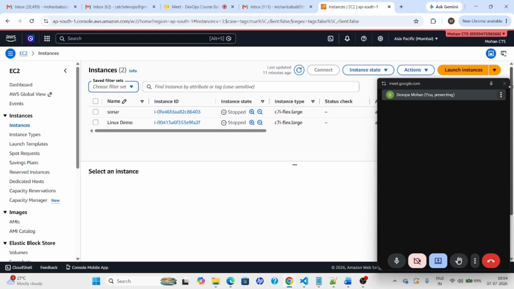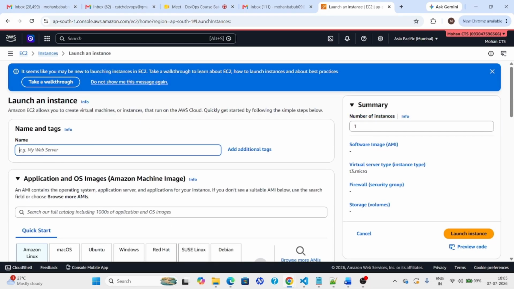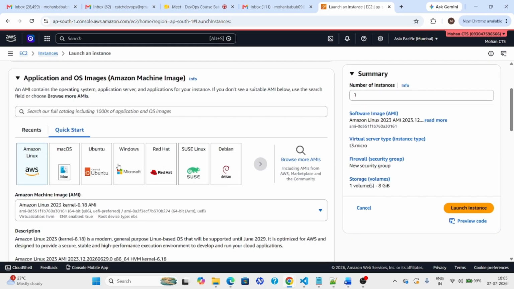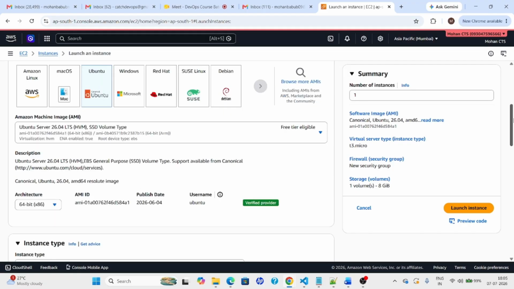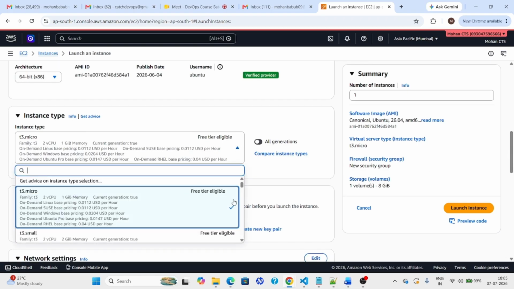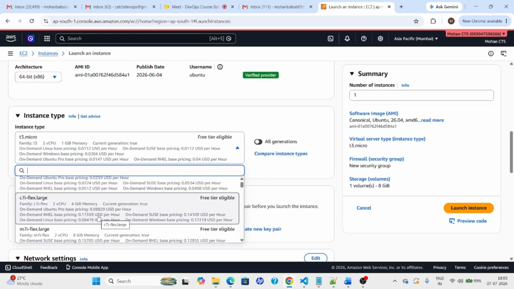So I'm going to create an EC2 instance, Docker, and I will use Ubuntu. We can use Red Hat as well, but some of the features won't be supported. That's why I'm using Ubuntu, and 4 GB RAM is the minimum we have to use for better performance. So I'm going to use the 4 GB memory one,